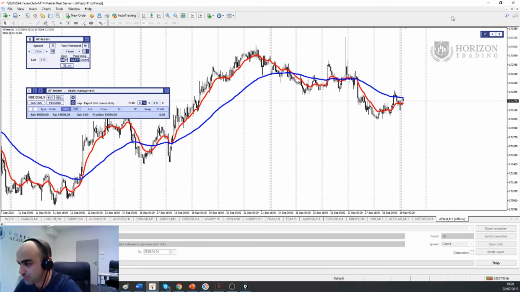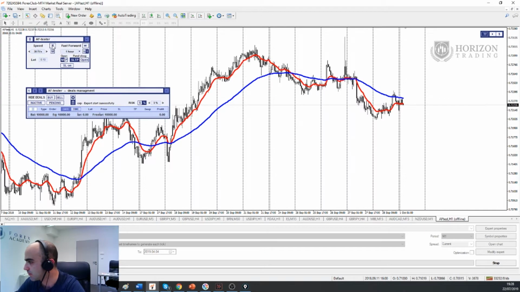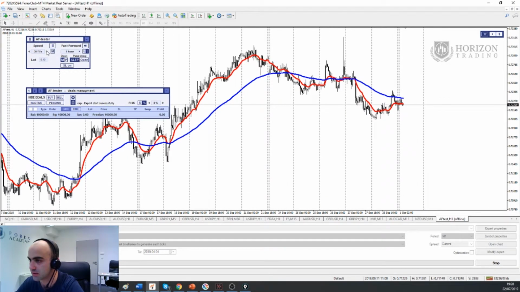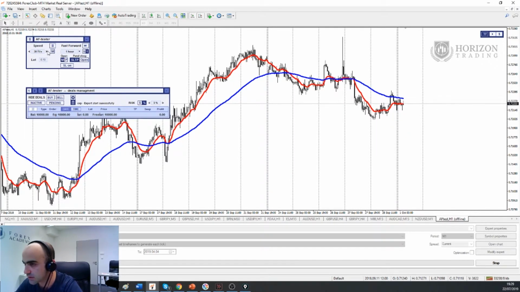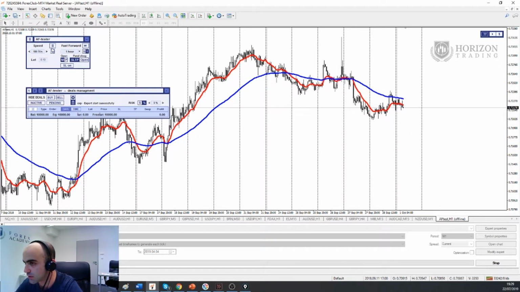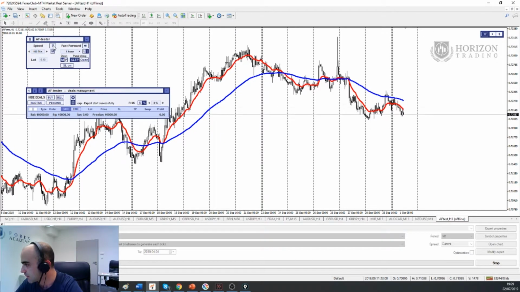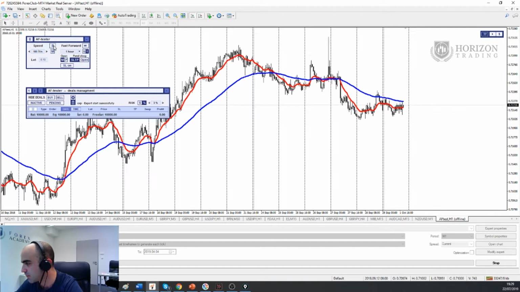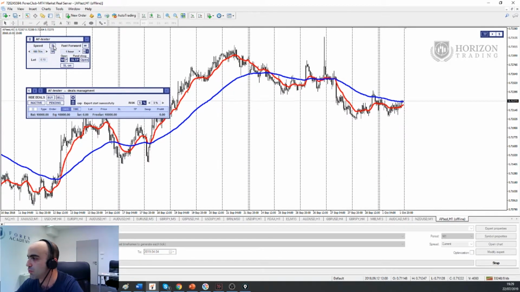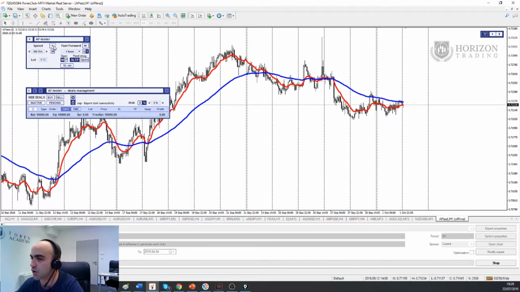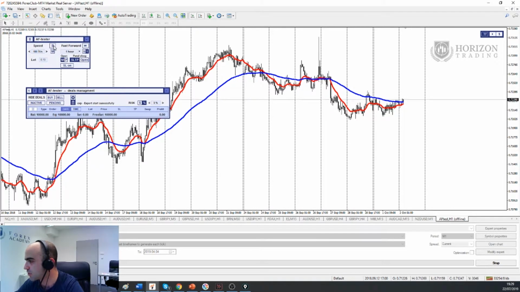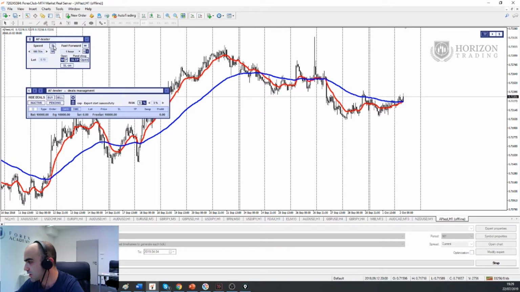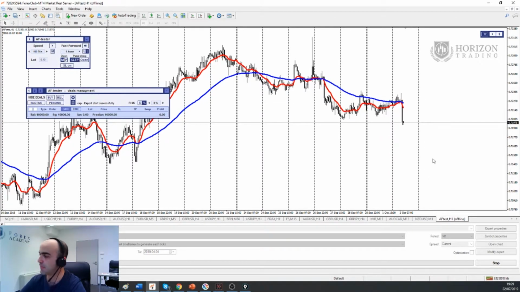Let's move on. Here I'm going to be putting my forex tester a little bit faster in order for us to see any opportunity we could take advantage of. And still, I want to see a crossing to be sure. It's very important to see a crossing in order to be sure of opening and triggering that trade. Here we're closing, and I believe this is a great point.